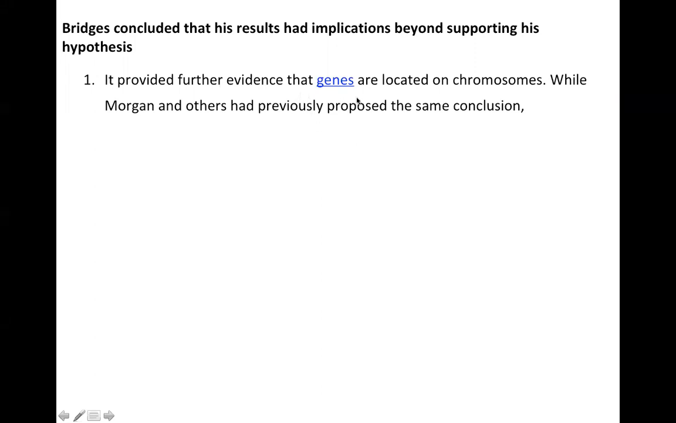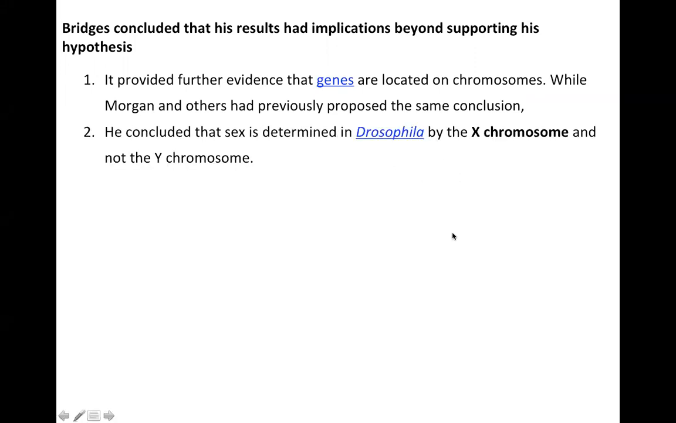So further evidence that genes are located on chromosomes: whatever T.H. Morgan did, C.B. Bridges gave a full proof concept to say that genes are located on chromosomes. And he concluded that sex is determined in Drosophila by the X chromosome and not the Y chromosome. This is a very, very important point. So sex in Drosophila is determined by the X chromosome, I'm stressing X chromosome only,